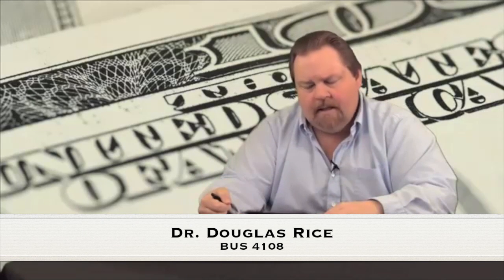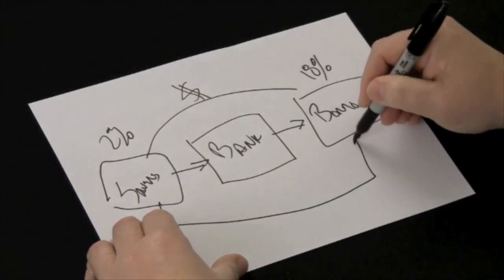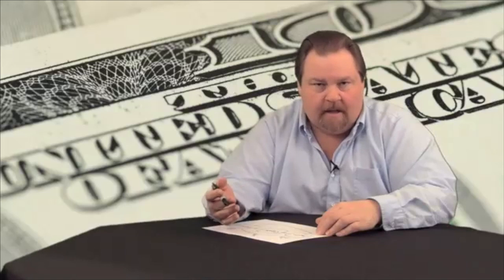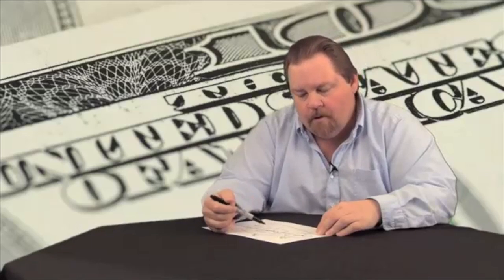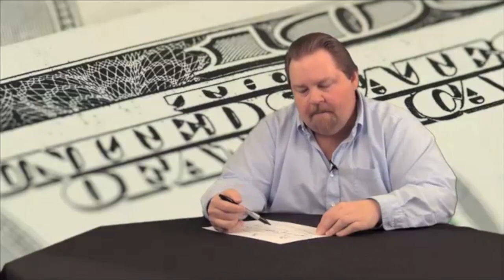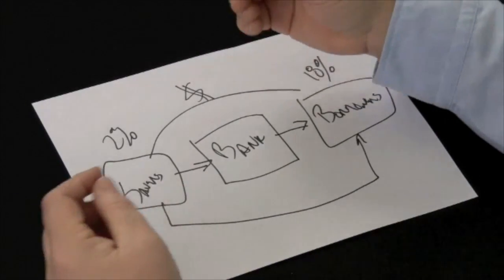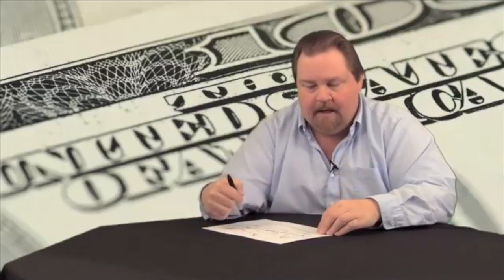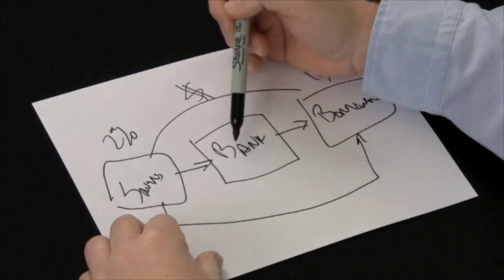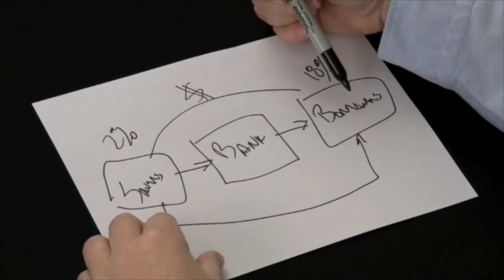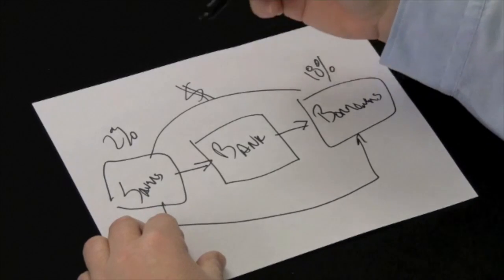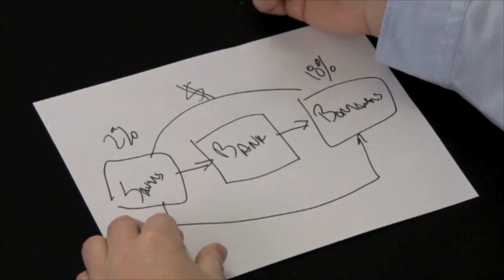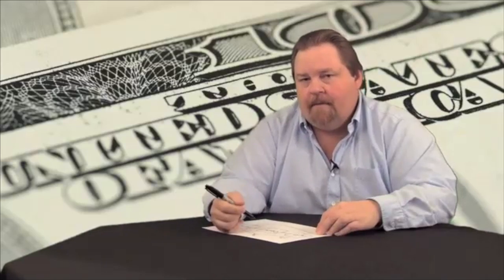However, you don't have to borrow and lend money through a bank. You can go direct from saver to borrower. Anyone who's borrowed money from you directly, or anybody that you've lent money to, circumvents the bank as a financial intermediary. Banks are important because this middle step of the bank being in between savers and borrowers allows facilitation of loans without you knowing each other or having to trust each other. The savers trust the bank, which lends to borrowers that they believe are safe, and so it acts as financial intermediation between savers and borrowers. The difference between the interest rates is the profit for the bank. We're going to talk more about this difference in interest rates coming up when we add inflation.